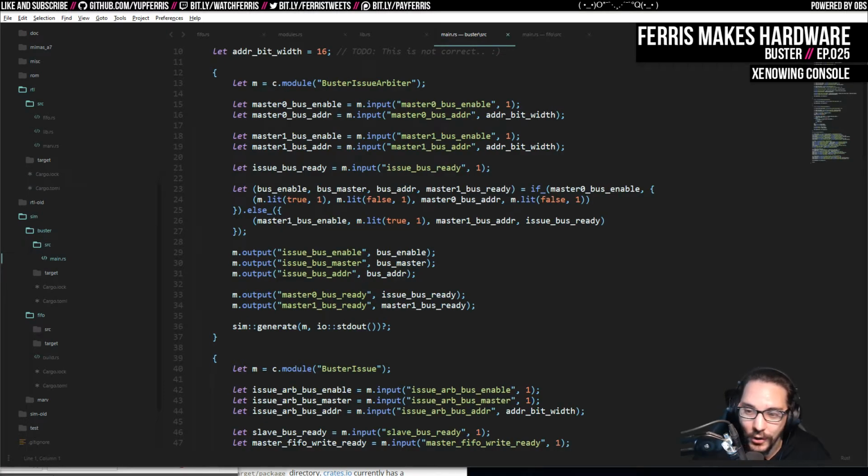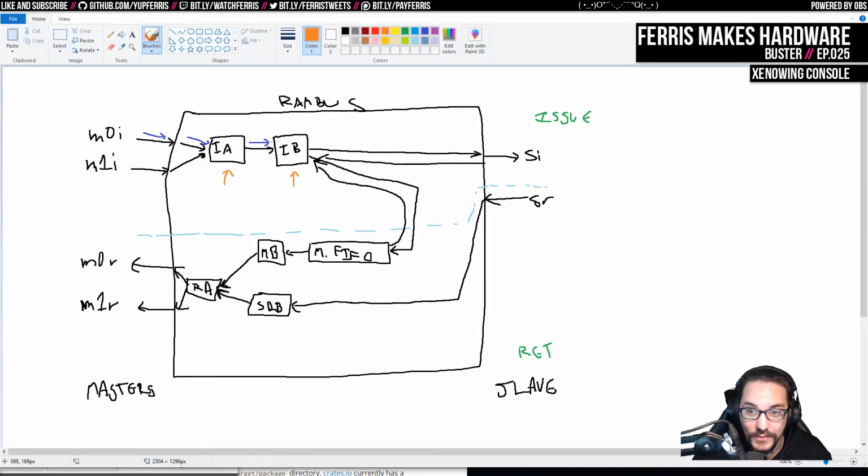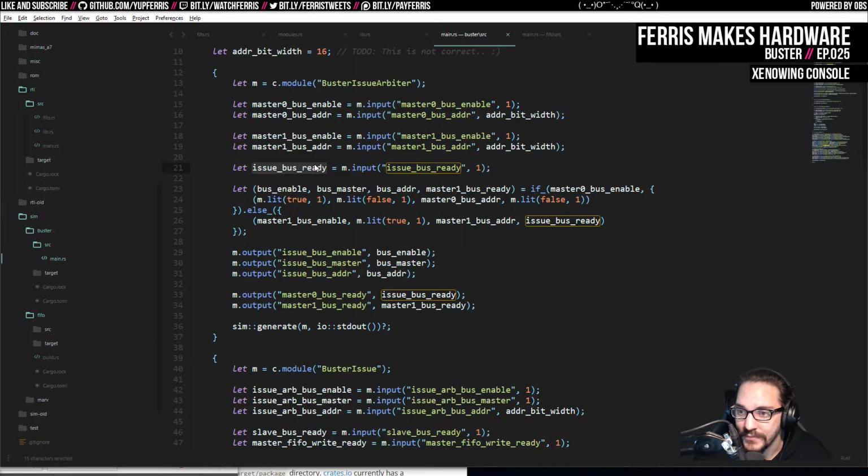I don't know that all this is correct because I haven't tested any of it, but I was able to write this issue arbiter. So again, this has these bus enable and address signals. And then it also says if this issue buffer is ready to accept input. And then if it is, it's going to try and actually pass on these signals. In fact, I think the arbiter, does it even use this? Yeah, it needs to use,